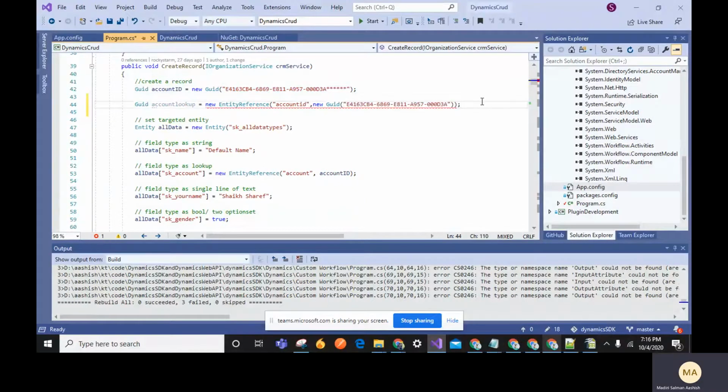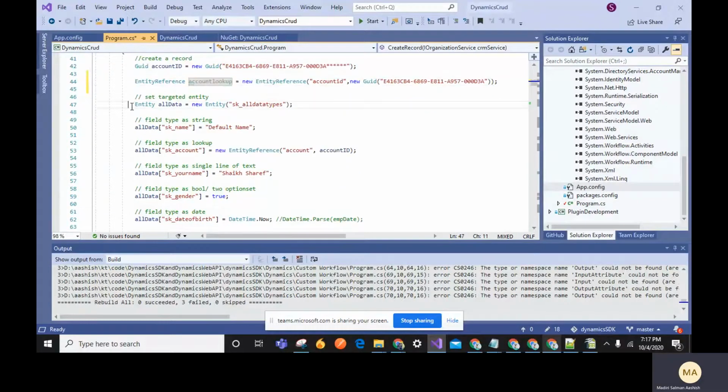So if you have any child record which is in the parent, or any parent record which is in the child, you can map like this. Yeah, we need to give it like this to map the record.